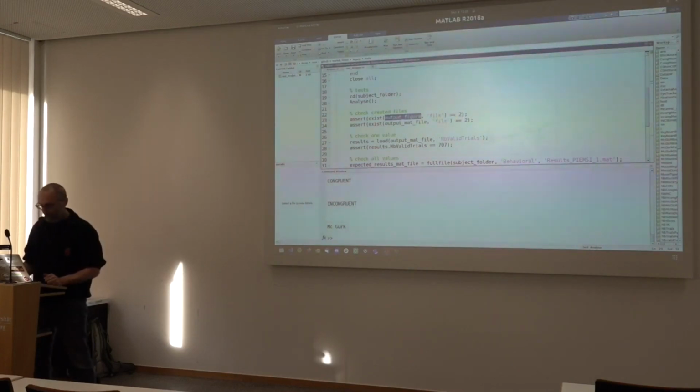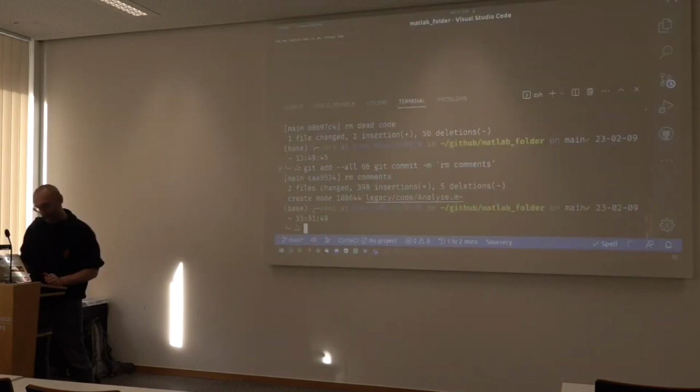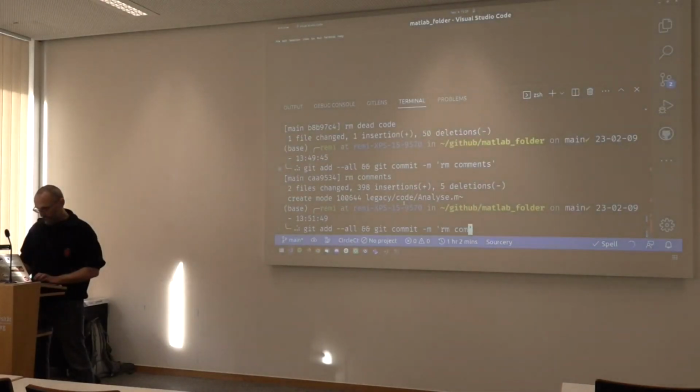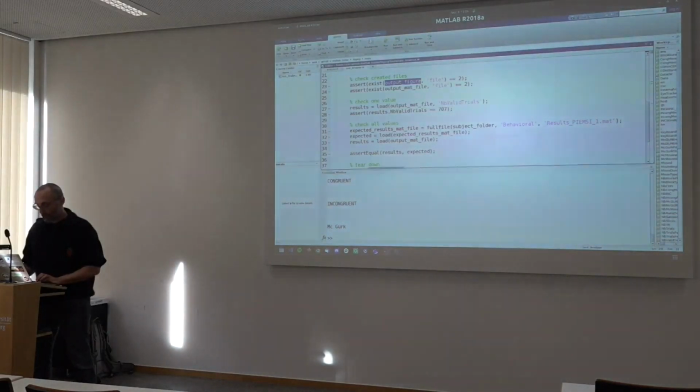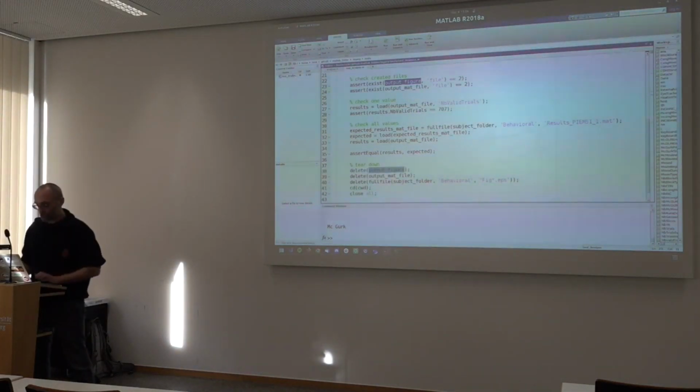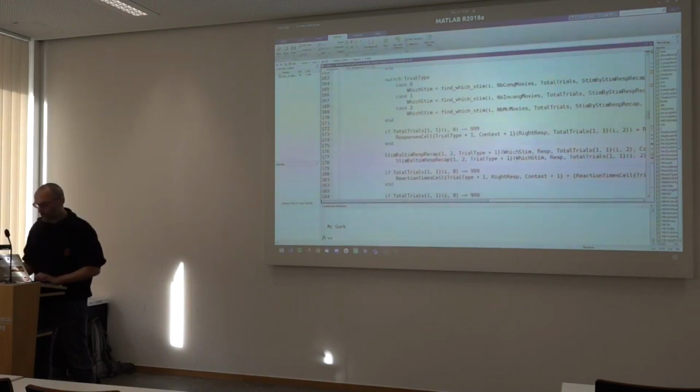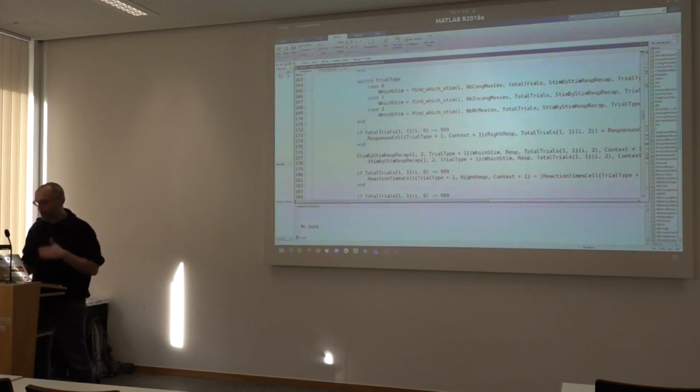So now we've refactored this little function, and once again, let's just git add extract which stim function. Okay, so this is an example of how you would start getting rid of duplications. Obviously, there's tons more duplication in this thing that you would be able to refactor. I'm not going to show you all of them, but once again, this is an example of how you would do it.